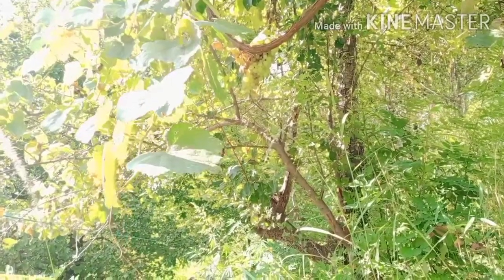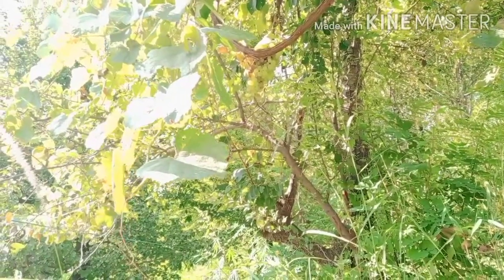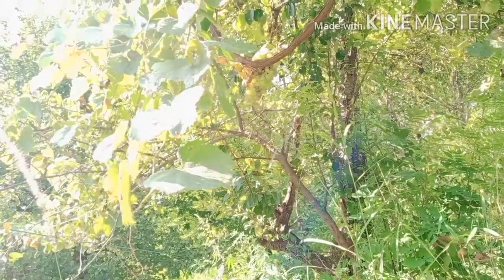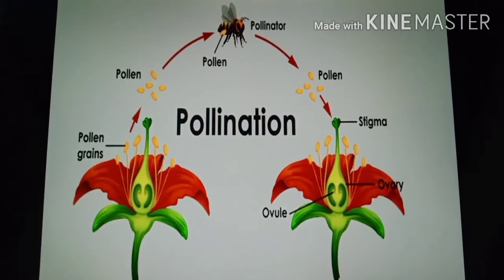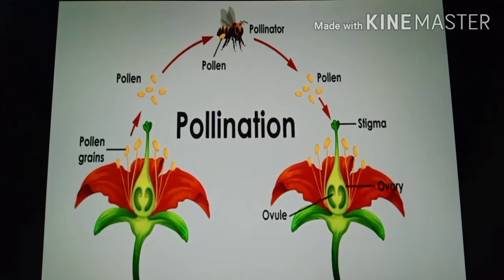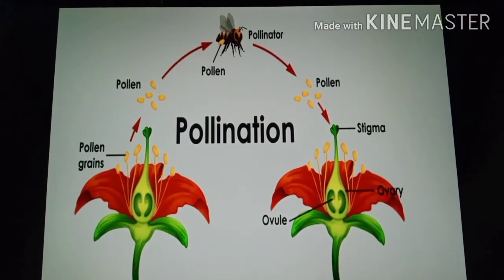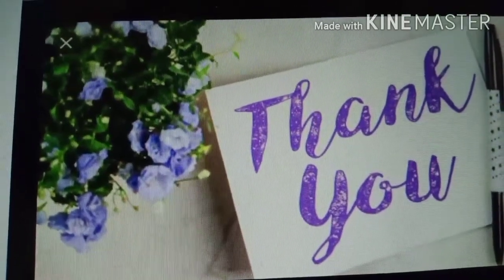So now I am showing you the seedless variety of grapes. In this variety, there are no seeds. It means that parthenocarpy has occurred in this variety. So that was all about pollination, self-pollination, cross-pollination and fertilization. I will discuss about structure and function